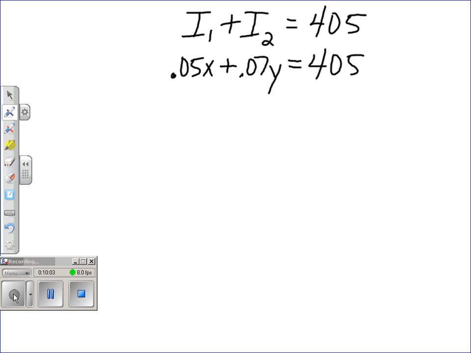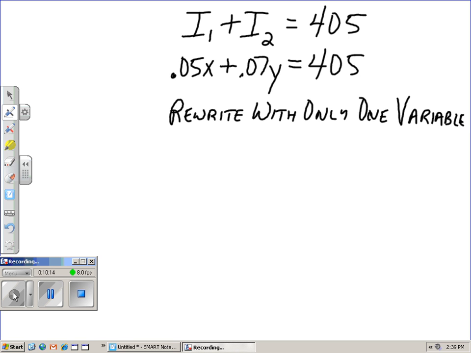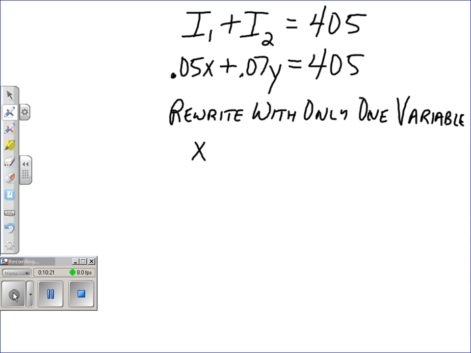Now later on, we're going to learn how to solve equations with two variables, but for now, we need to rewrite this so that we're dealing with either all x's or only y's. To do this, I have to think about how x and y are related. Remember, x is the amount of money invested in the first account, and y is the amount of money invested in the second account. If I go back and reread the problem for more information, I know that the money I invested in the first account plus the money I invested in the second account is going to be equal to a total of